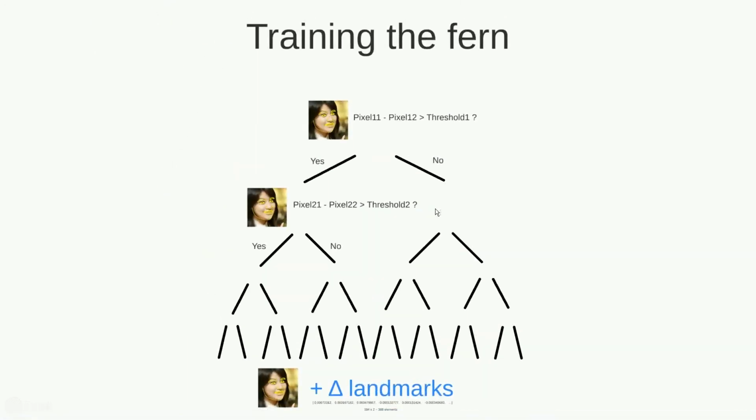Now we have explained the method that we just classify them randomly, which is actually good enough. With this method, we will get 4-point-something error. And sometimes these classification questions don't make too much sense. Say maybe we have selected a point on the cheek and another point on the cheek, and maybe it doesn't have too much classification power